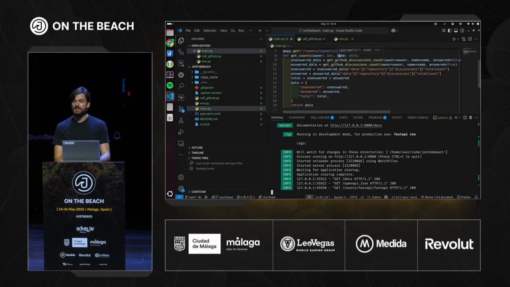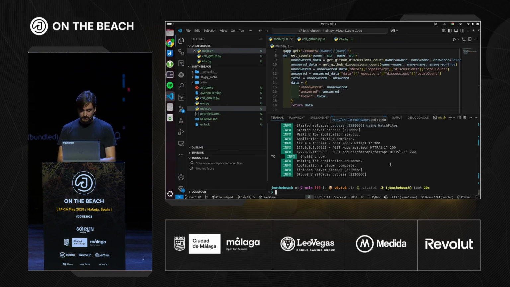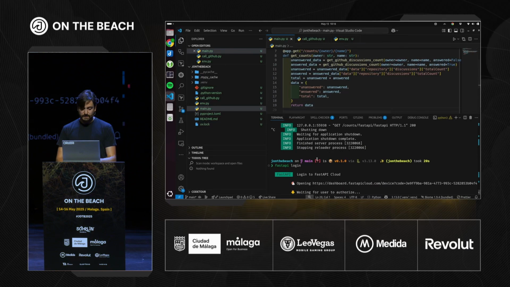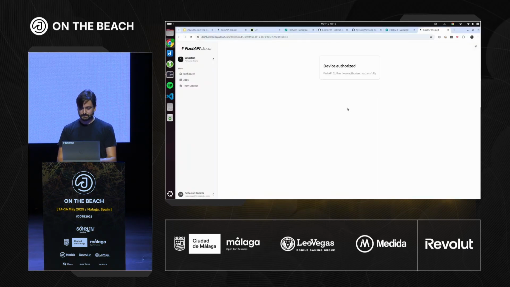Now, actually, we ended up talking much more about how FastAPI works than deploying, but let's try to do the deployment quickly. So FastAPI login, I'm going to show you, this is an alpha preview of something that we are working on and is most probably going to explode in my face, and it's probably going to be super bright for you and make you blind again. So we all suffer the same. But anyway, I'm going to authorize this login. So I just hit FastAPI login, authorize this login.